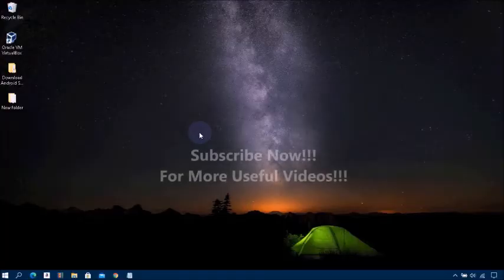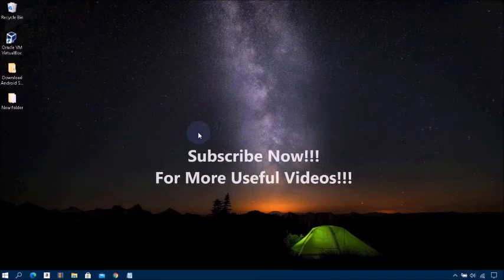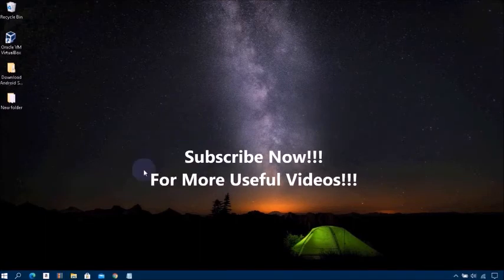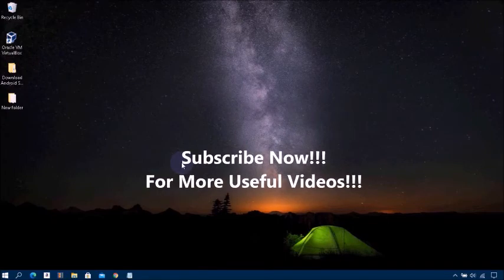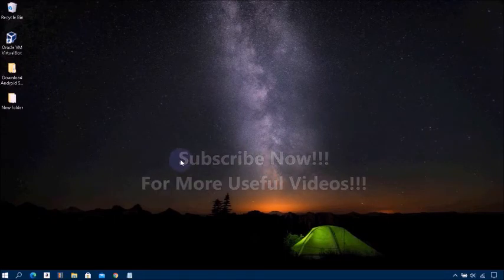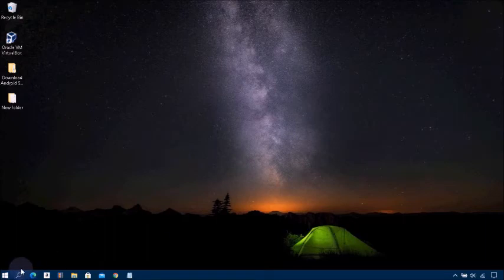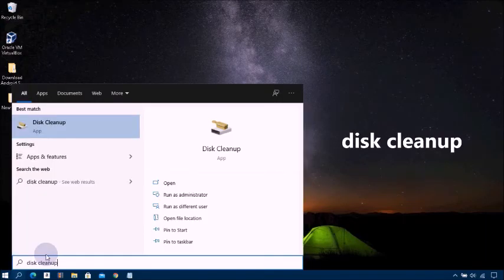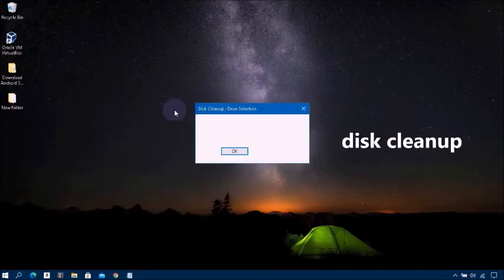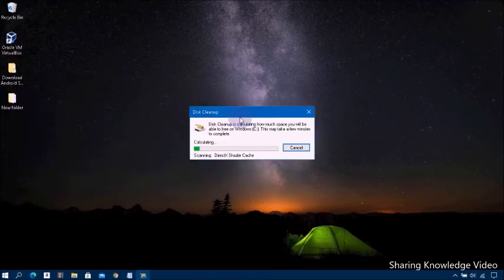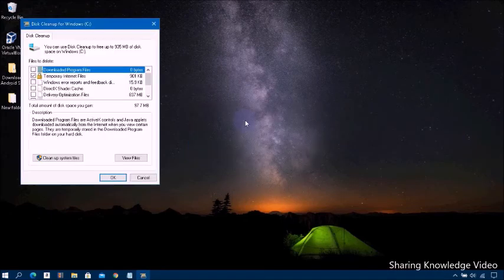Step number 9, free up space with disk cleanup. If your system does not have storage sense, you can use the disk cleanup tool to delete temporary files and system files from your device. In the search box on the taskbar, type disk cleanup, then select it from the result. Select